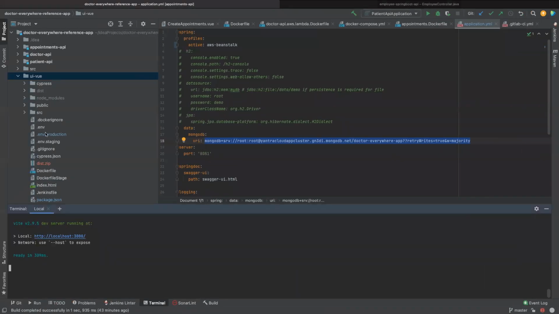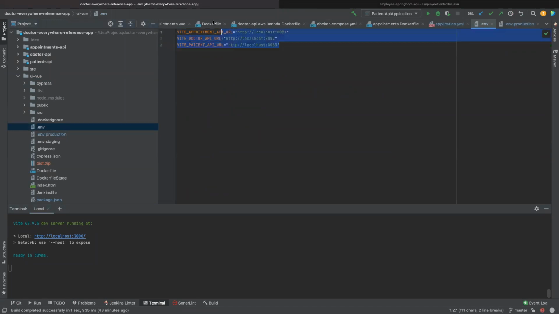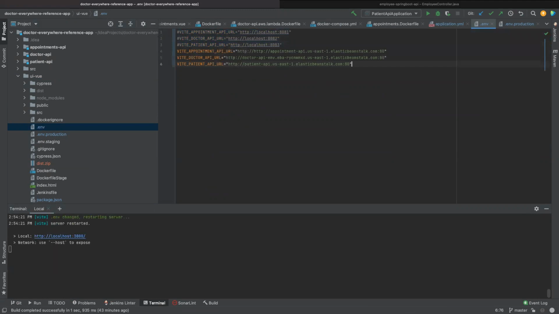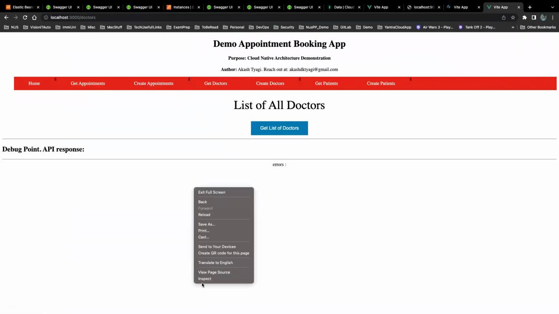All I would do is go and change these values from here to these, because I want to point them to the external URL, which is my application running on the cloud. Let me make it right. I think this is not right. Okay, fine. Now if I do this again, if I say get doctors, inspect,